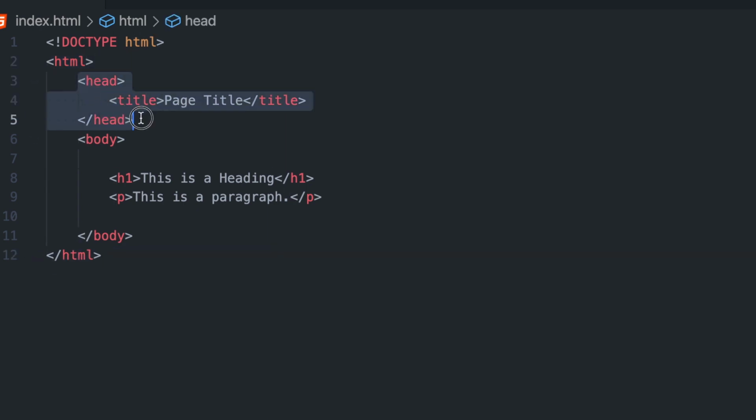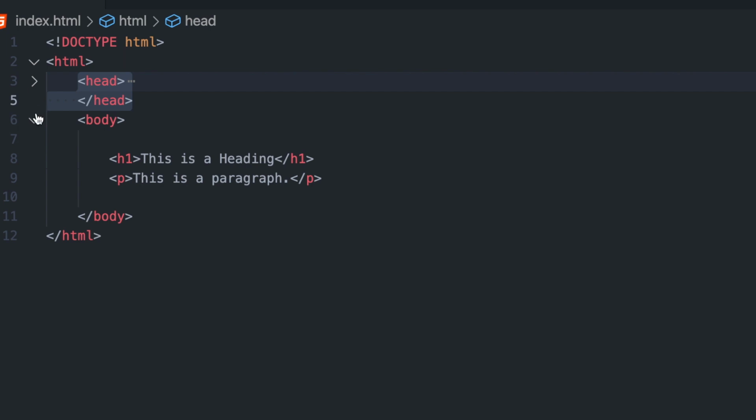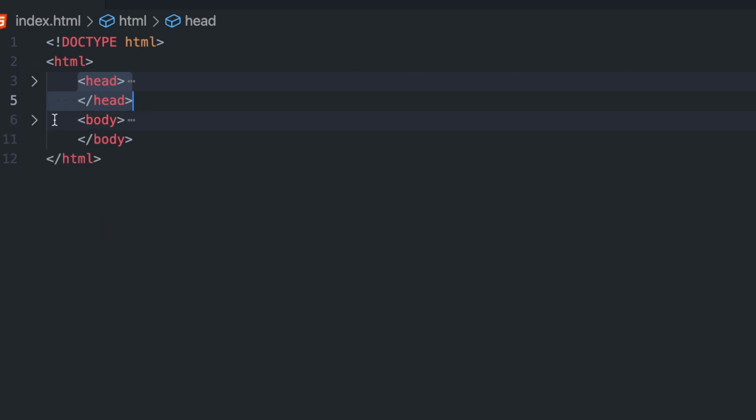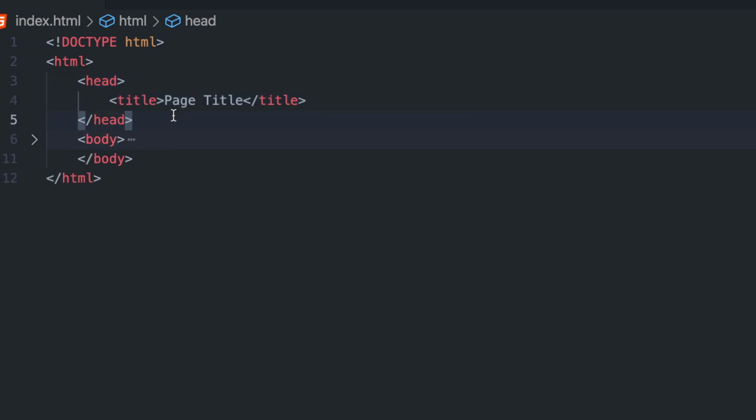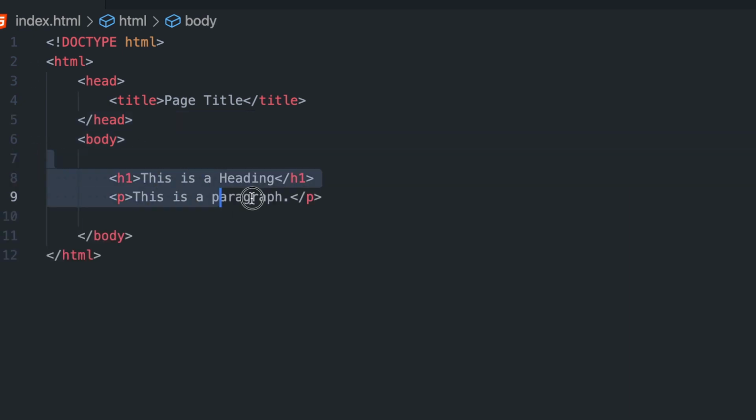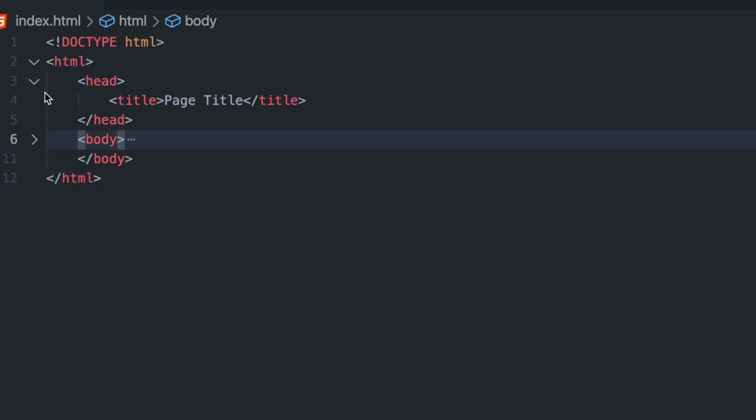After that, there are basically two parts to an HTML page: one is called head and another is called body. In head, you write metadata. That means you give the browser additional information about your page which is not directly visible to your audience. In body, whatever you write is generally what you want to make visible to the people who visit your website. So those are the two parts. Very simple, right? Just head and body.